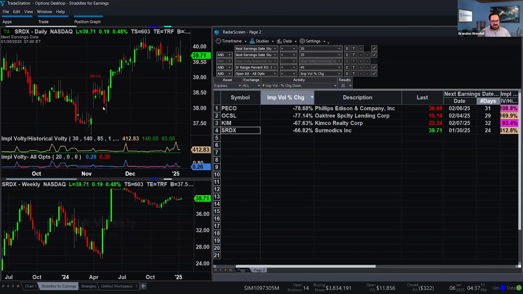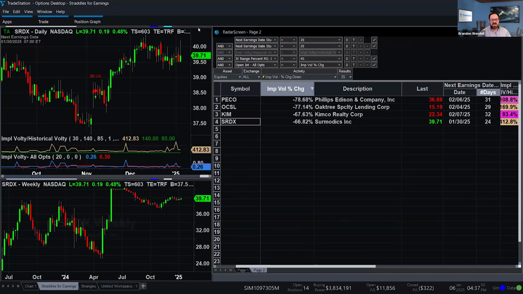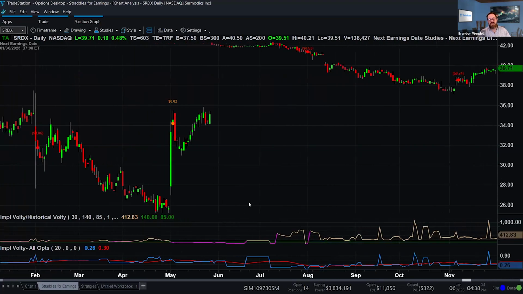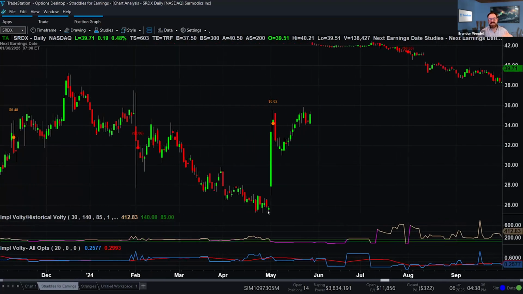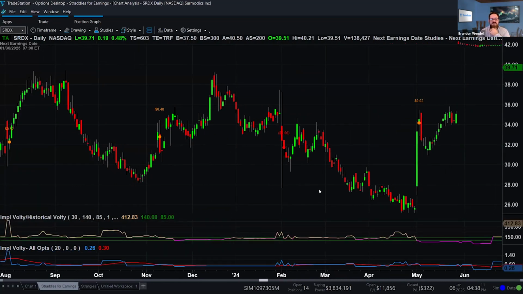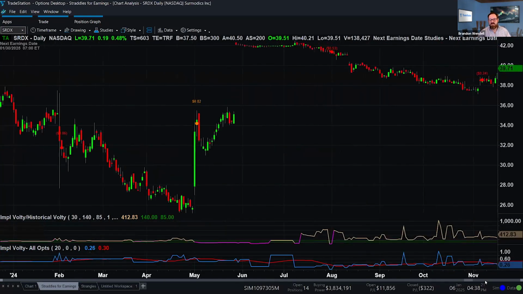Thermodix. Again, take a look. It's got to fit the criteria. It's got to be something that has that pattern over and over again, where the earnings cause a huge move in price and in volatility. Although the volatility isn't as critical, because remember, if I get in when volatility is low, I'm going to exit when the volatility goes back down. I just need that big price move. So again, if I wanted this SRDX, I would choose that one.